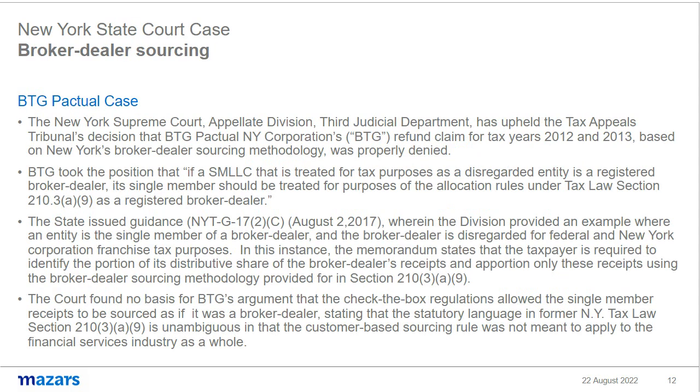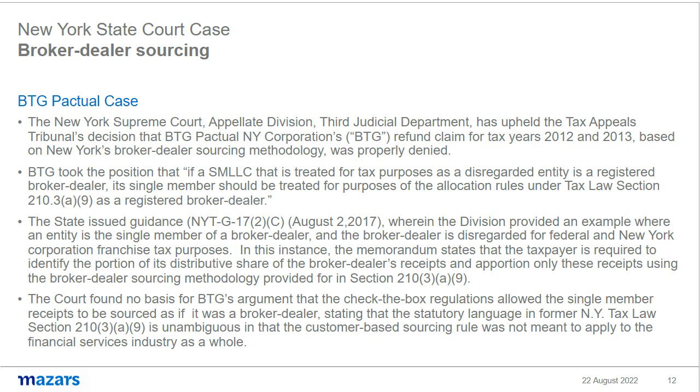Next case is the BTG Pactual case, also known as when is a disregarded entity not entirely disregarded for New York State, and for that matter, for New York City purposes. By way of background, BTG Pactual Corp. owned a single-member LLC. BTG Pactual Corp. was not a broker-dealer. However, it had a single-member LLC that was a broker-dealer. Again,